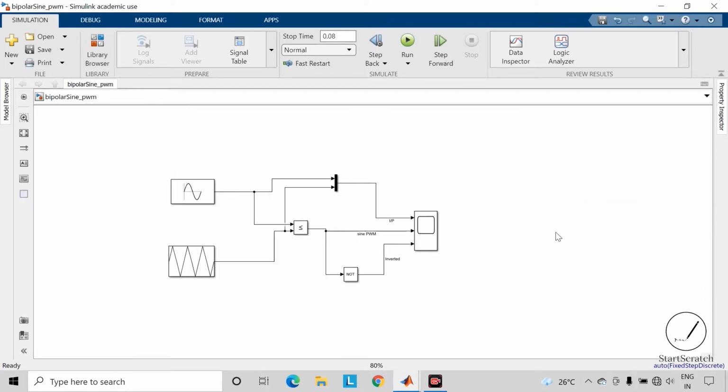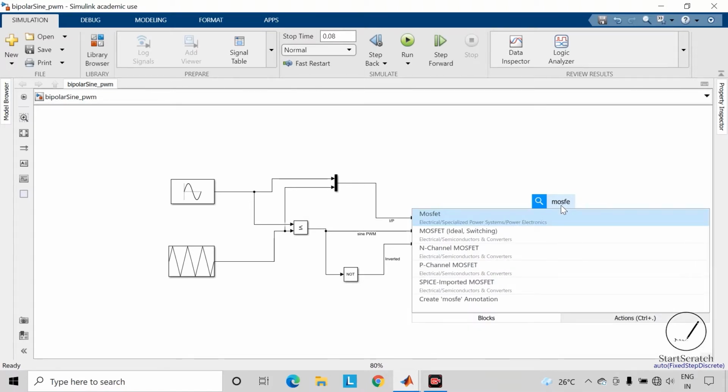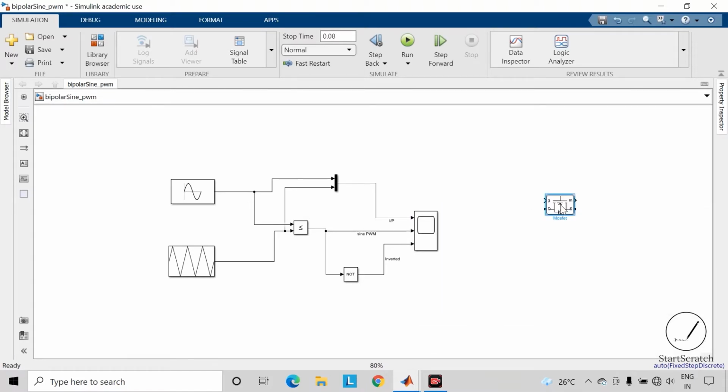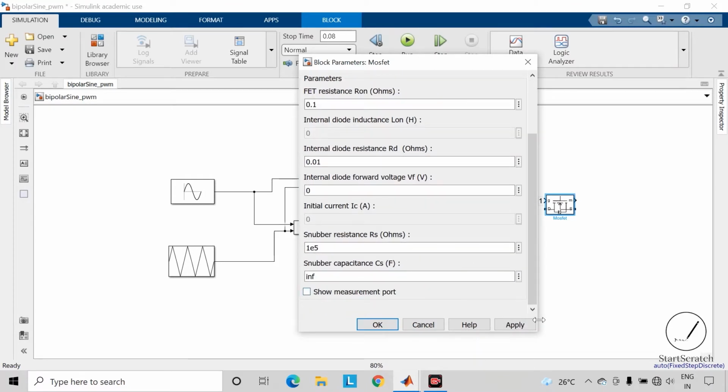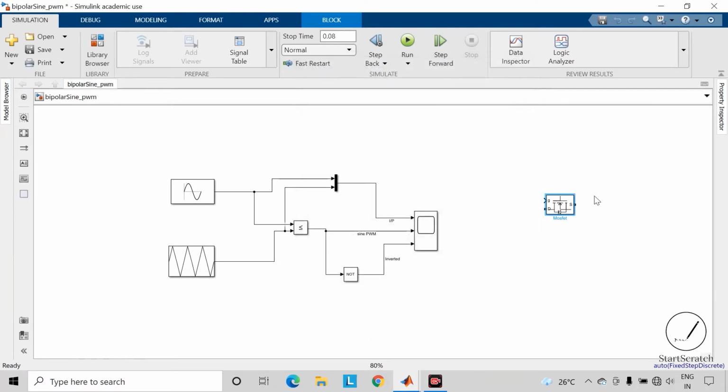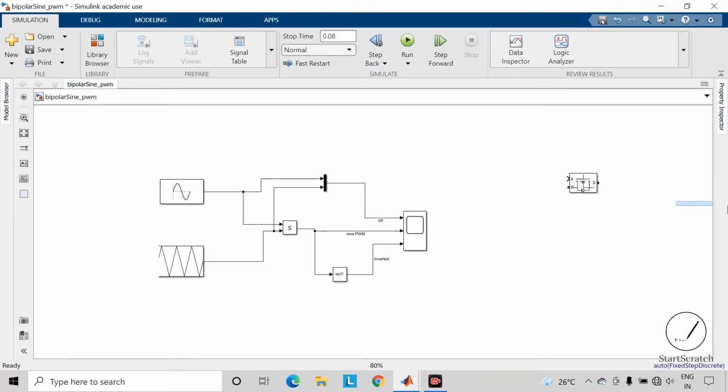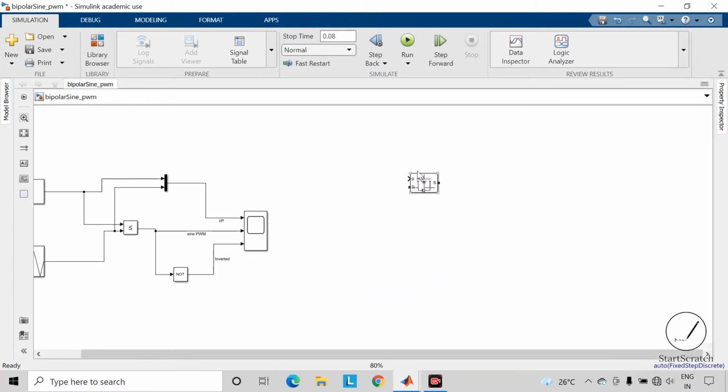So for that, take MOSFET present in the specialized power system library. Remove this measurement port as it is not required. Let us rename this block as switch S1.